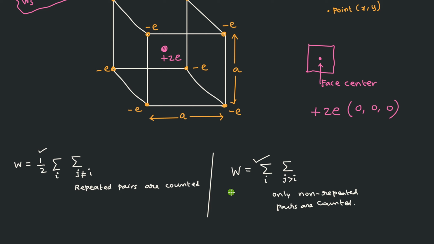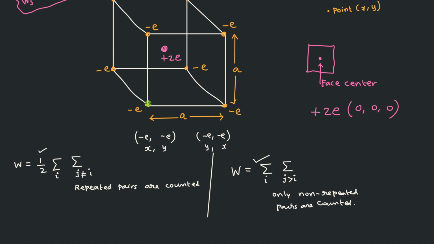If you are going to count the pairs in such a way that repeated pairs are counted, repeated pair means, see, there is a 1 minus e here. So let me show this minus e, comma, the right side minus e. This is one pair. If you interchange them, what will happen? Interchange means I count this minus e here, and then that minus e I write later. It looks very similar. You can easily make a mistake. Why do they look very similar? Because x comma y is written as y comma x.